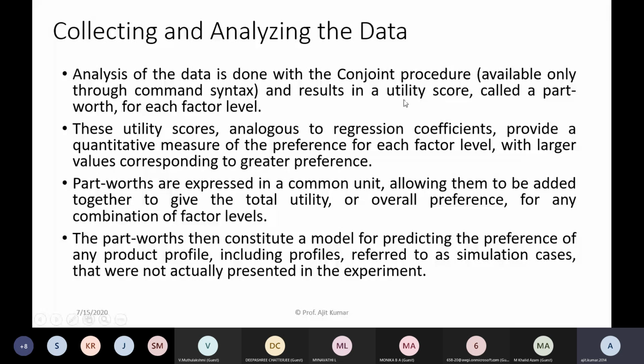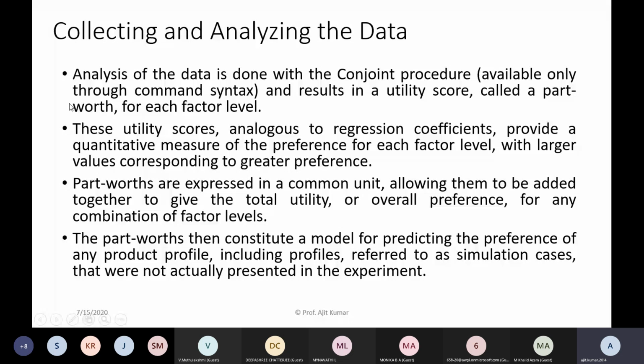So this is what we are interested in, right? If we have, let's say, 50 combinations, what is the utility score so that we can rank the different combinations? This is the final, objective score which we are interested in. This is also known as part worth, which is very, very important. Whenever the concept of conjoint analysis is discussed, the part worth concept will appear every time.